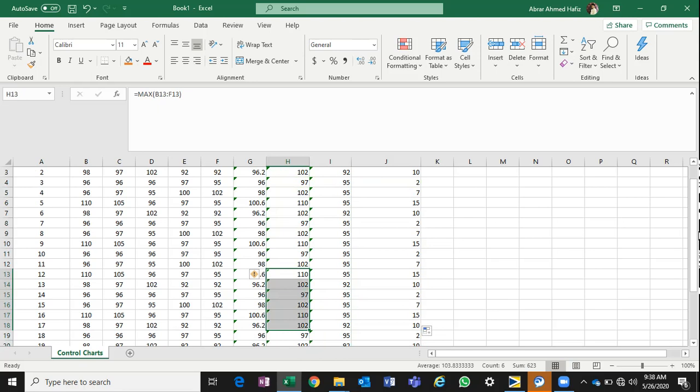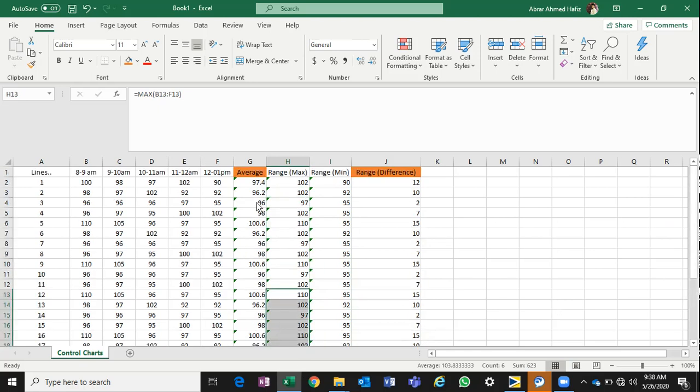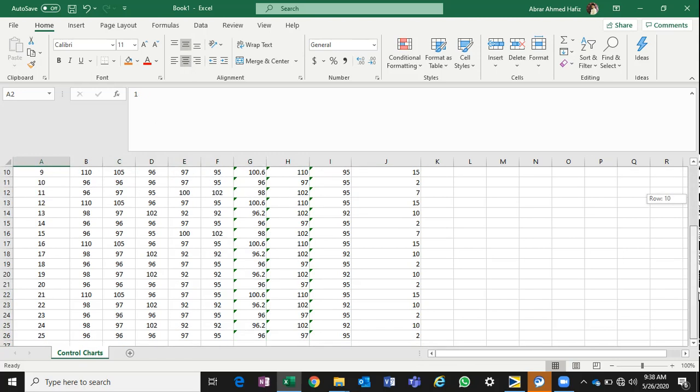One interesting thing: this is called the individual average value. I compared these five values, that is one data set, and I got this value. If you want to compare all these values together, that is called the grand average.